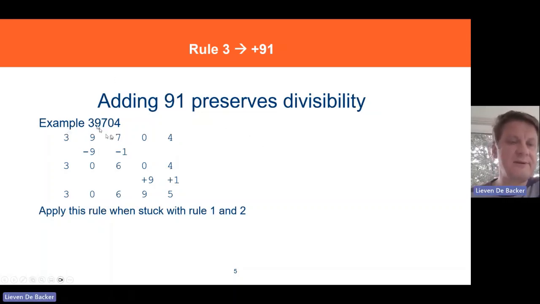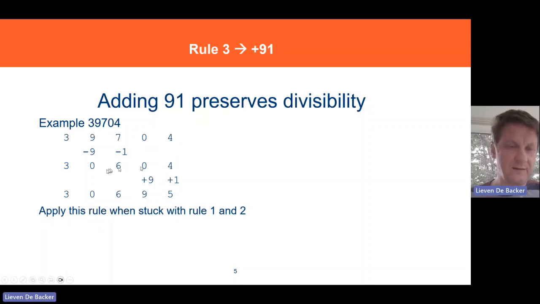So example number is 39704. I have a 9 over here, so I cannot subtract anything from the 3 because then I would have to add to the 9 and I don't want to have this spillover. But the rule tells me I can subtract 91 on this place, so I subtract the 9 from the 9, which gives me a 0, and from the 7 I subtract the 1, which gives me the 6. So now I have this equivalent number